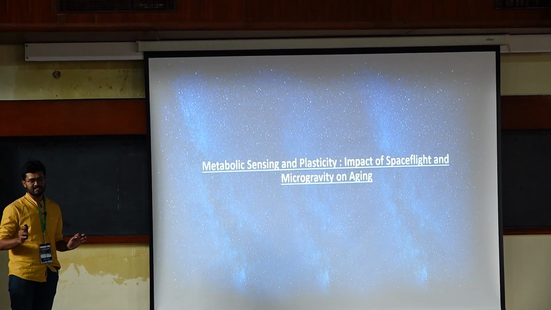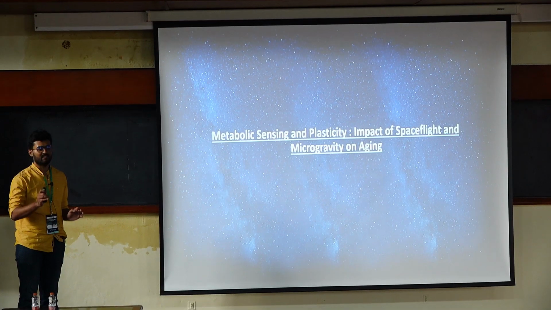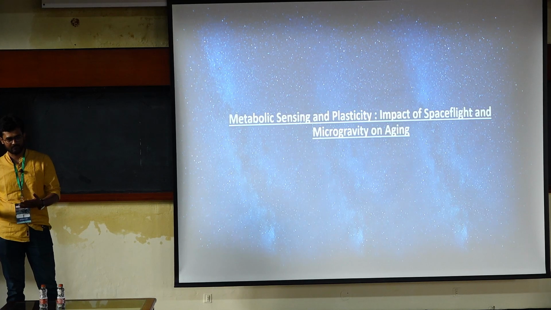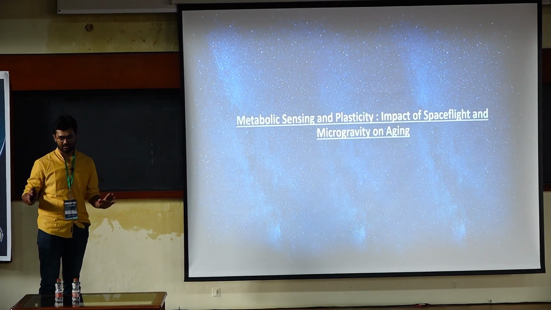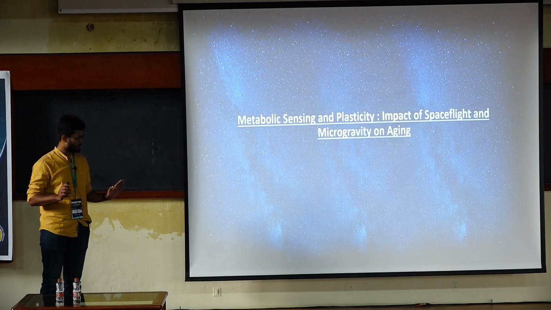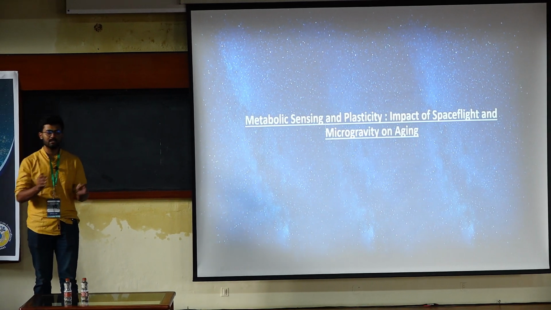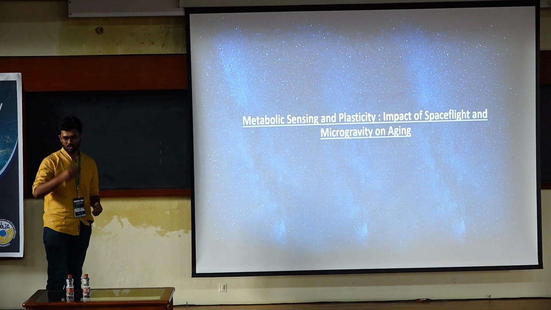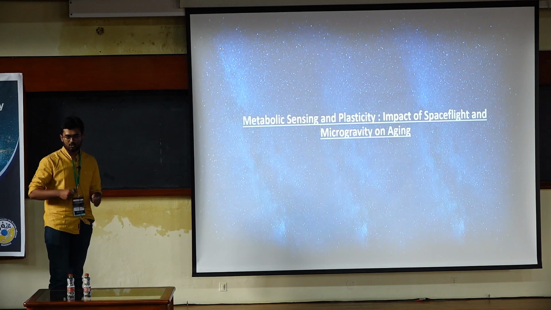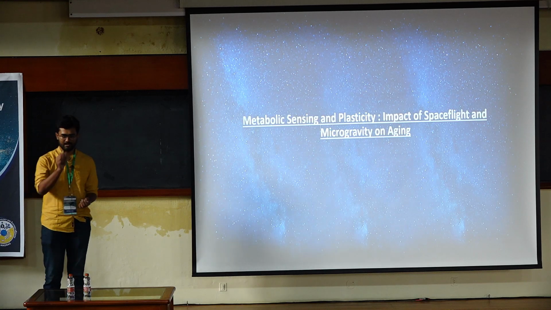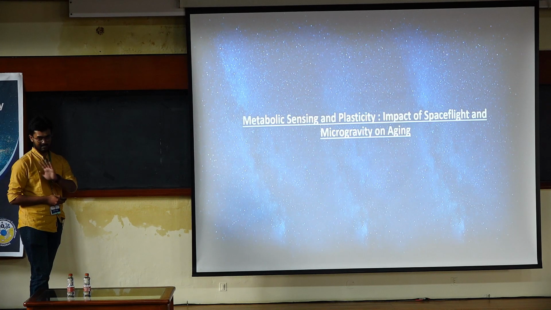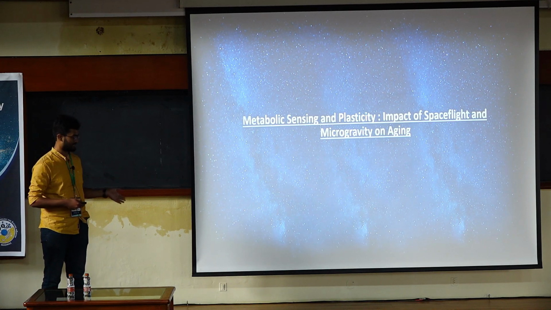So metabolic sensing basically refers to sensing the status of a cell, whether you are energetically starved, whether you have plenty of energy, whether you are stressed, unstressed. In that context, I will be talking about metabolic sensing. And what I mean by plasticity is whether you are able to transition from one state to another. For example, if you are exercising, you want to quickly transition from a rested state to an active metabolizing state. Or if a stem cell starts proliferating, you again have to take a quick decision between transitioning from a quiescent state to a proliferating state. So that's what I will be meaning by metabolic sensing and plasticity.